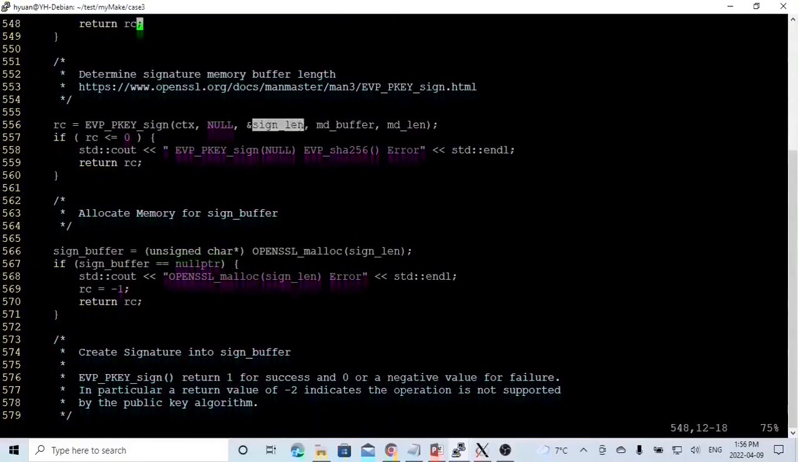The input will be the MD buffer and the MD length, and what we return is the signature length. After we get the length, we are going to allocate the memory for this signature buffer, using the function OPENSSL_malloc. Size will be the signature_length. If the memory is allocated okay,